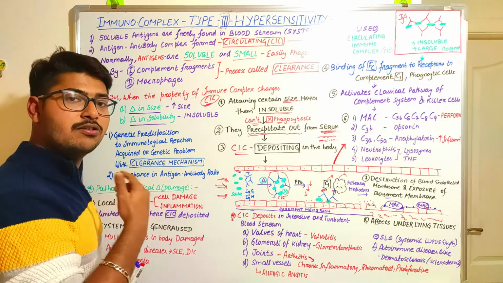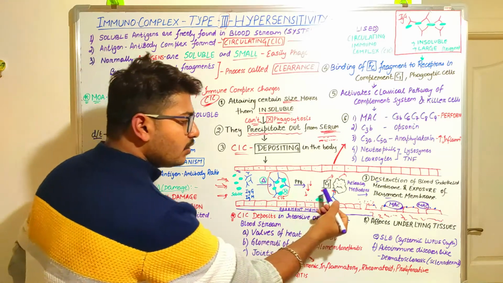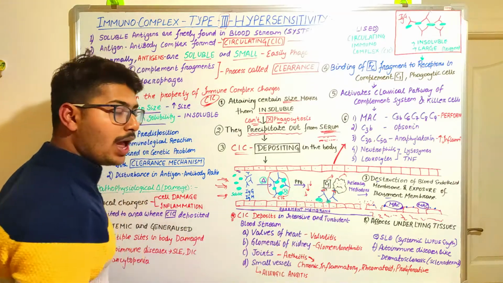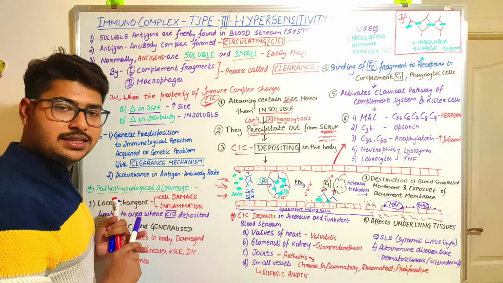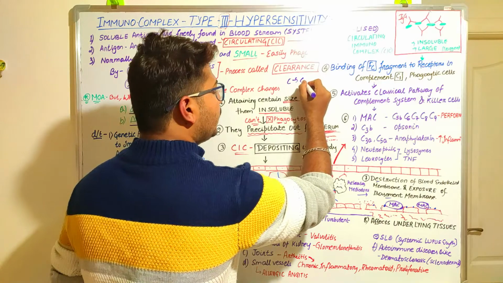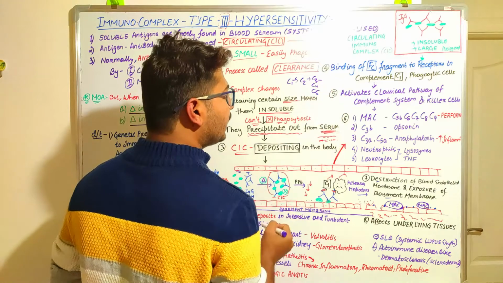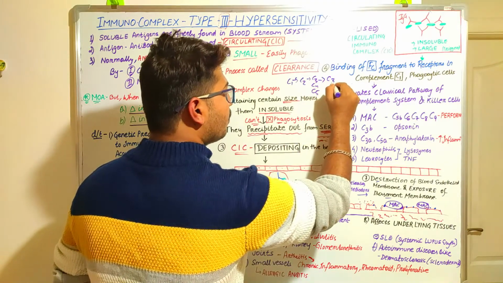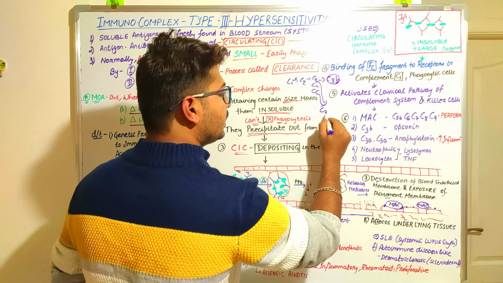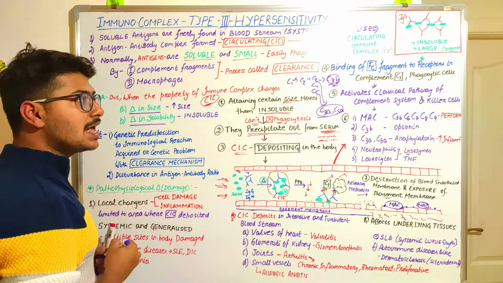In pathochemical changes there will be release of the mediators. So what are the mediators that are actually produced in this? If there is activation of the classical complement factors, it is going to activate C2, then C3, C4, C5. Then the cleavage process will take place from C1, C2, then C3, C4 and C5. From C3, after the cleavage process, there will be release of C3b, and there can be C3a and C5a. So this C3b will act as an opsonin.